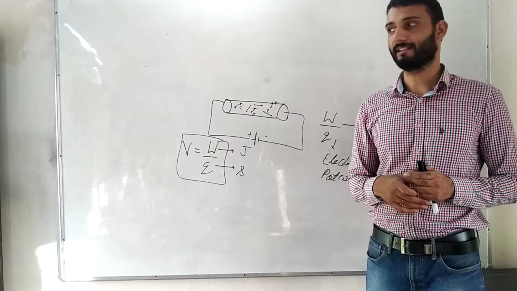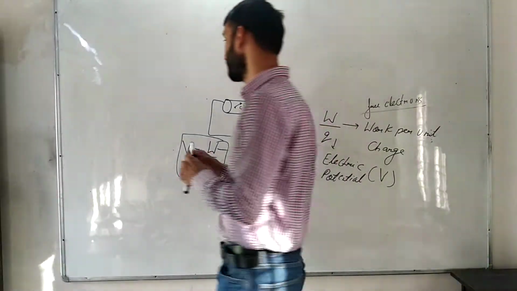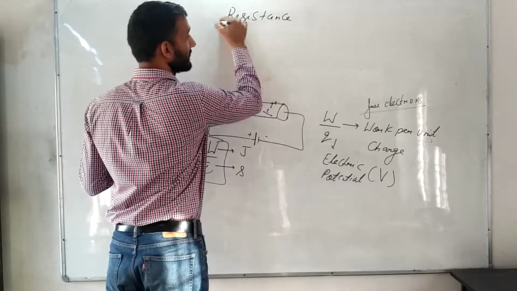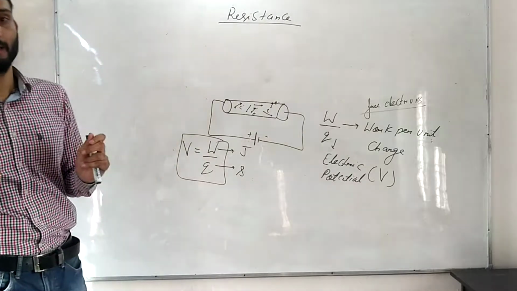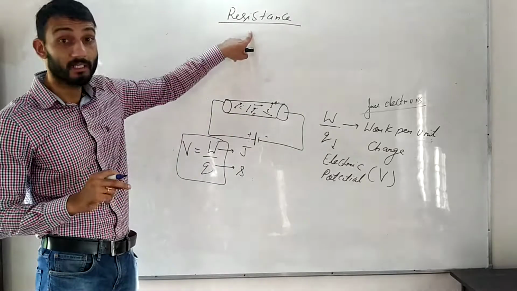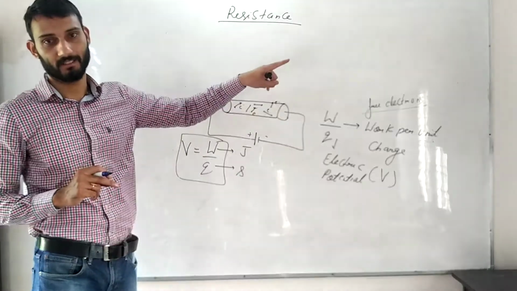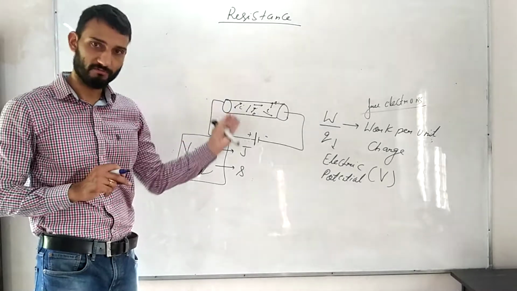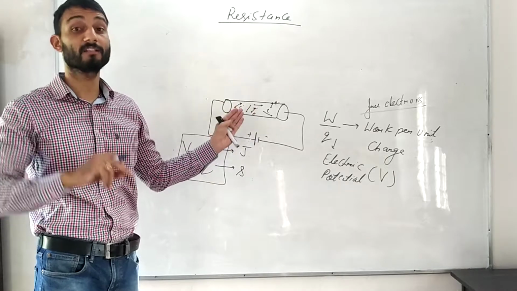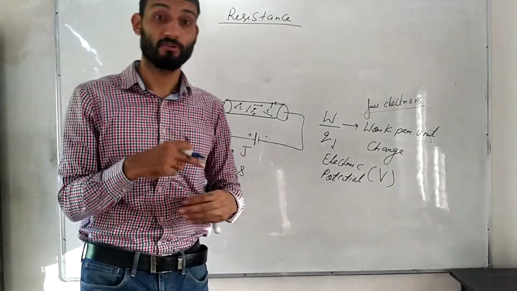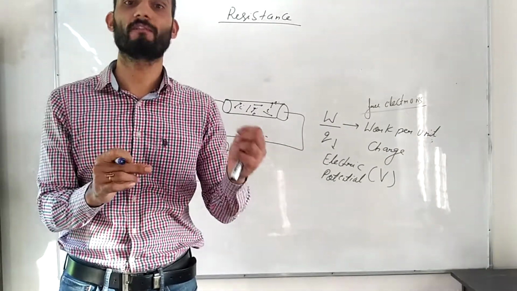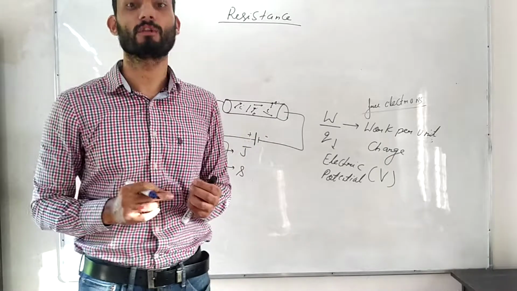So I hope that you all must have done your homework. So we'll study this property, and the property of the conductor is something called resistance. As the name suggests, resistance is a very important property of a conductor with which it resists the flow of current. Why does it resist the flow of current? Because of electrons itself. Flow of electrons is the cause of current, and as the electrons are flowing, they are colliding also. So this collision of electrons resists the flow of current, because when collision happens, there is a loss of energy.